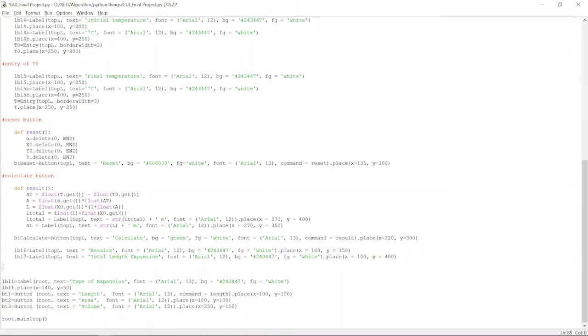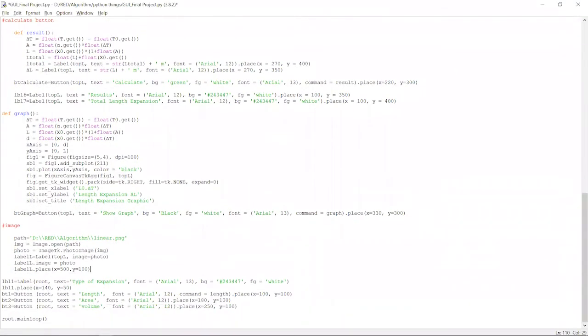For the graph and the image, this is the button, using the command as graph, and this is what the button of graph will do. I'm using the subplot and the plot to make the graphic. This is the X label and Y label, and this is the title of the graphic. This is the calculation for the graphic, and this is for the placement of the